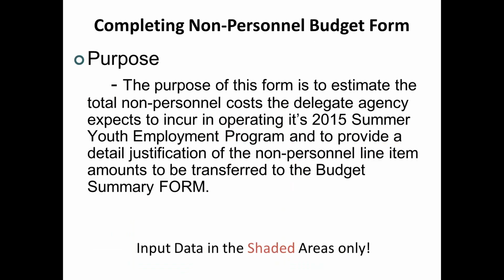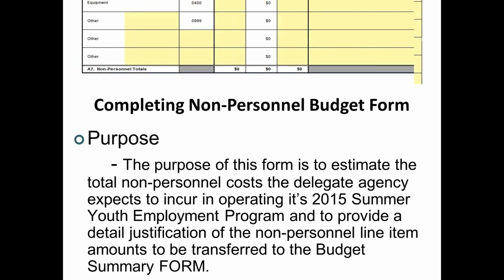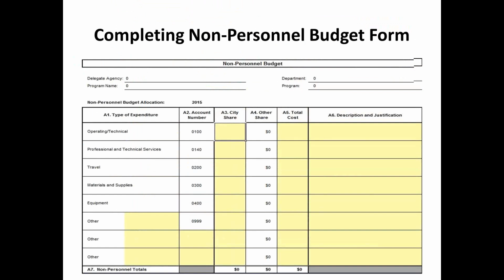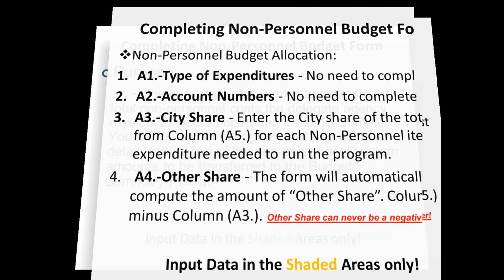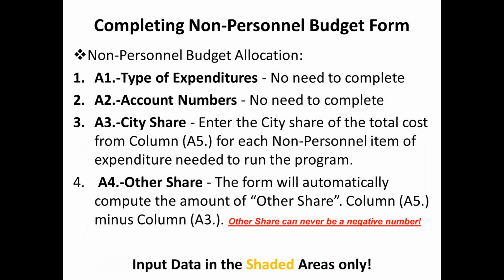Okay, again, the purpose of this form is to estimate the non-personnel costs the agency would expect to incur. Okay, remember, shaded areas only. Here are what the shaded areas look like. So here in A1, we have types of expenditures, no need to complete. These are what we have already gone over. Account numbers, no need to complete. We've already gone over. You know, the city share is